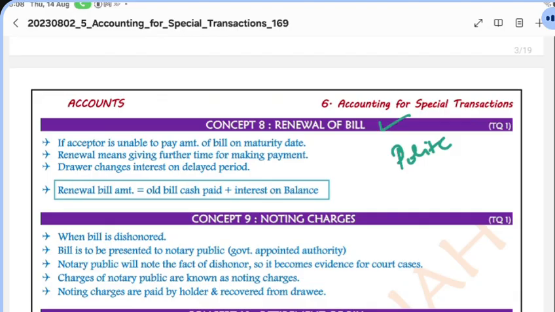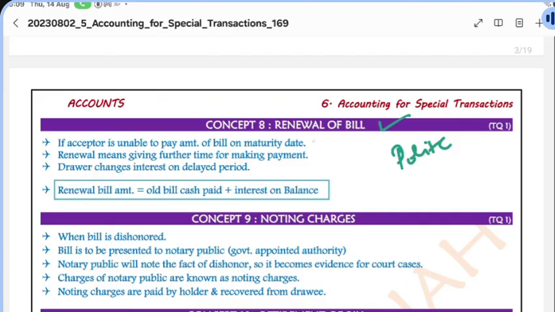So this is called as renewal of bill. The bill is already there. Now what will be done? It will be renewed. But what you need to understand is, one is emotion and the other one is business. For a businessman, waiting for 2 months will be again a cost. So what he does is, he charges interest for those 2 months. Are you clear? Right? So now it will be easy for you to understand.